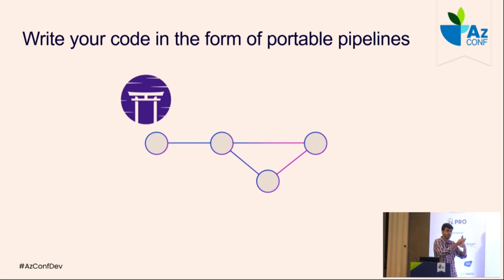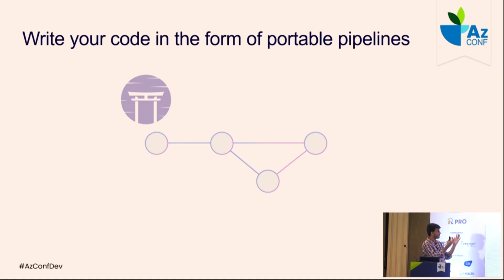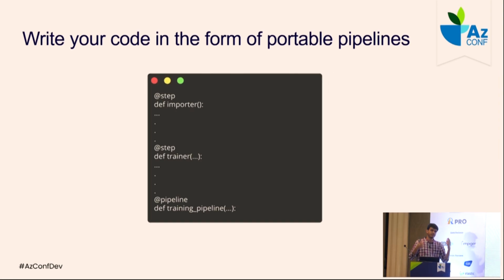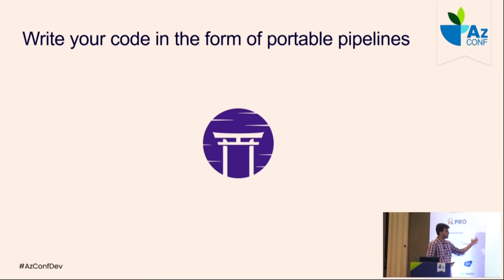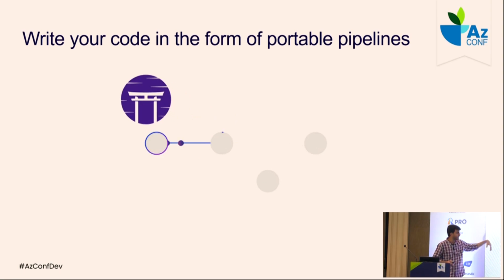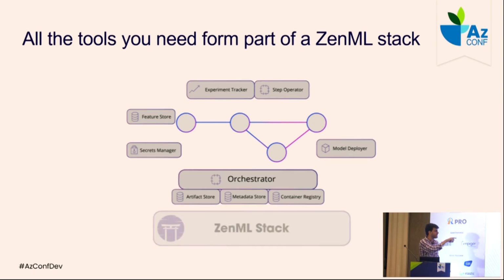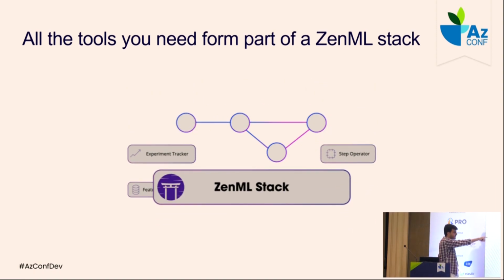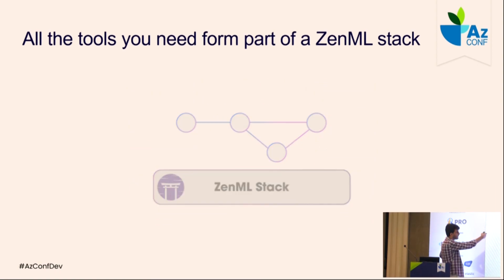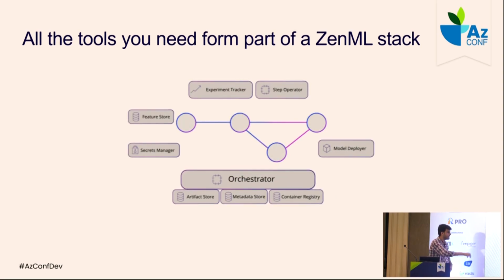So you tell ZenML what the different steps are. You give that code to ZenML. Now ZenML packages that into some kind of an image, and it runs it in a pipeline on any stack you want. That is how the entire thing looks like. And all the tools that you need, they form a part of the stack, right? So this pipeline has different kinds of tools, as I said already. So it has some experiment tracker, it has a model deployer. So all of these are separate from the pipeline.